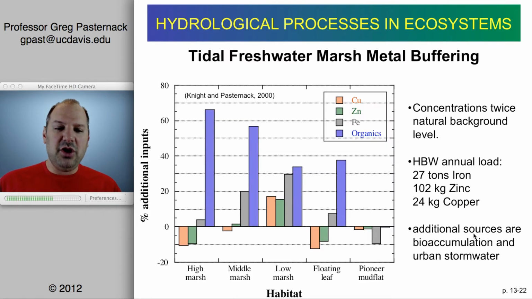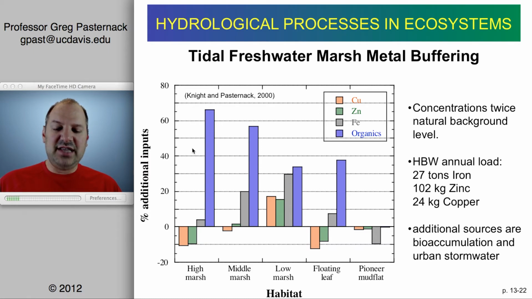Here's an example that shows retention of metals, copper, zinc, and iron, as well as organics in different areas of the tidal freshwater marsh. So zero would be just the natural flux associated with the sediment that might be in a tidal area, and then percent additional inputs means retention that can be associated with urbanization and land use primarily. And what you can see is that there are different habitats that are shown here. For organics,